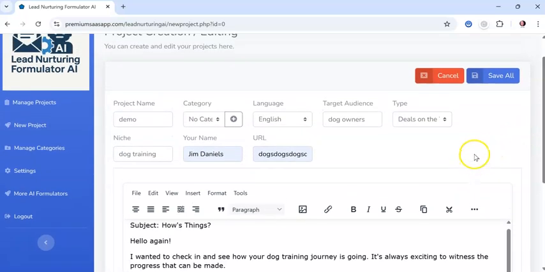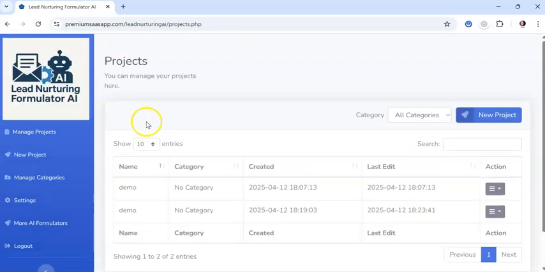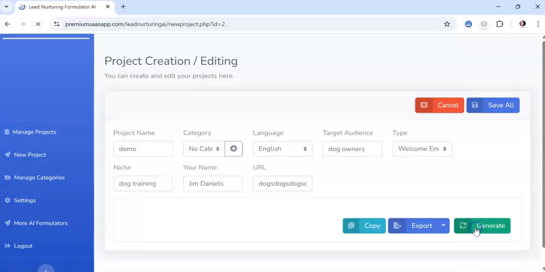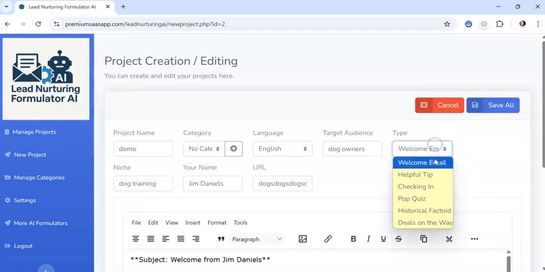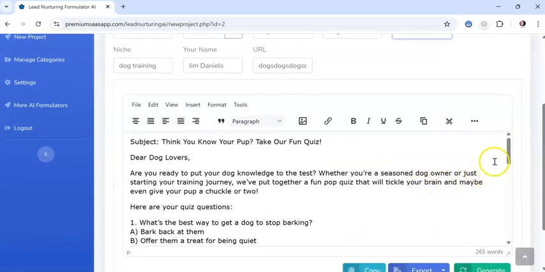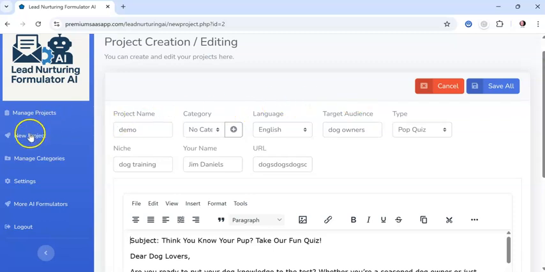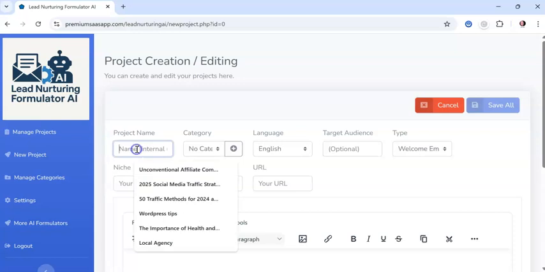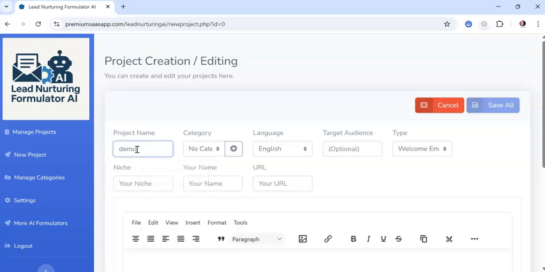Now remember, you can save this entire project here, and then when you come over to manage projects, you'll see the demo here. You can edit it, and you'll see all of the messages there. You can go back to them, and you can copy and paste. You can regenerate different results, and so on. So let's do one more because I'm having so much fun. Let's go to a new project, and we'll call this Demo 3, and let's go